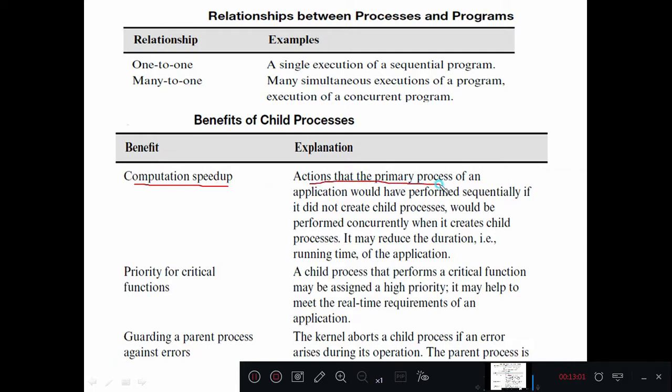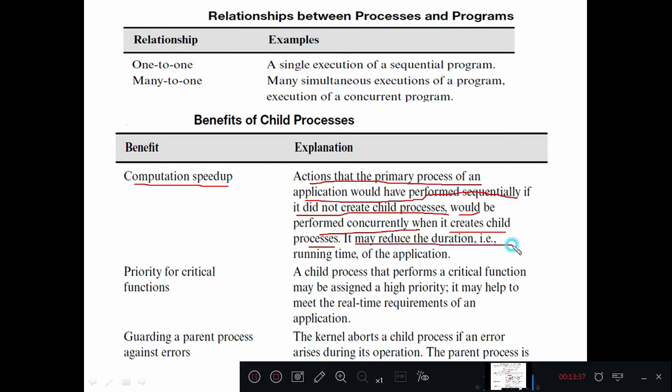Actions that the primary process of an application would have performed sequentially if it did not create a child process, one after the other, would be performed concurrently when it creates child processes. If it doesn't create any child processes, then the operating system must execute all these programs sequentially. When child processes are created, we can execute all the sub processes concurrently, that means at the same time.